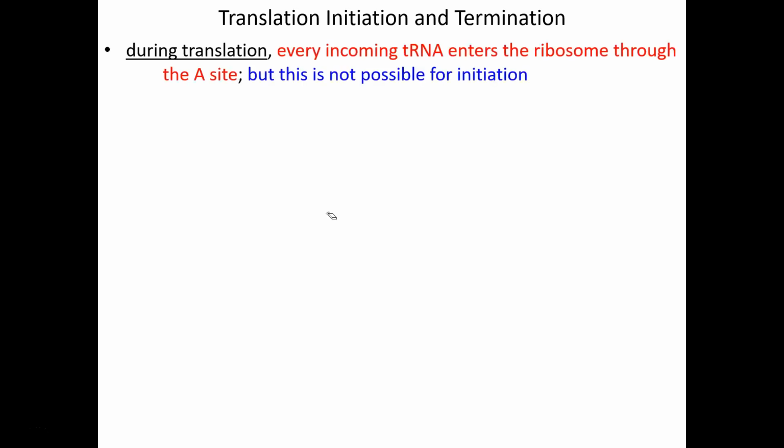So that's the elongation of translation, the meatiest part of translation. Now let's back up a little bit and talk about how translation begins and how it ends. So during translation, every incoming tRNA enters the ribosome through the A site, aminoacyl site for the aminoacyl tRNA. But obviously for translation initiation, that can't be. To start this process, we need a tRNA carrying a single amino acid to begin in the P site,